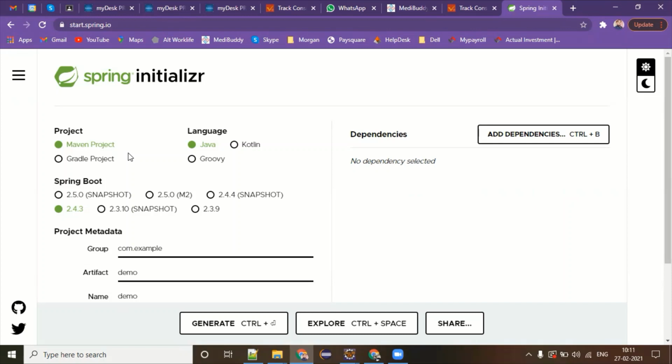So lots of boilerplate code you don't need to write in Groovy, because Groovy has much more understandable code. You don't need to always put semicolons. You don't need to put private, public, all these things. You don't need to write the return keyword. So this is the flexibility we have in Groovy. And Kotlin is also a kind of similar programming language.